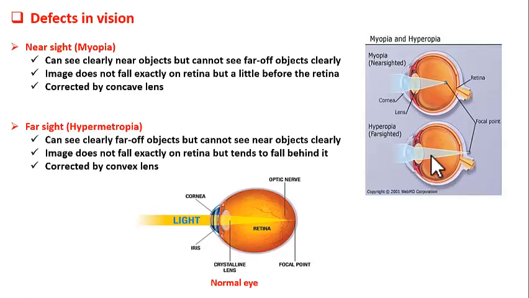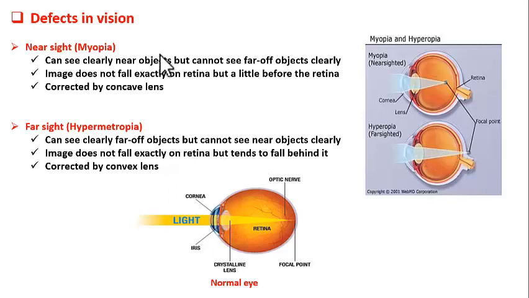This is because of the defective eye lens again, and here the defect is the more focal length of the lens than the required. In myopia the focal length is less, here the focal length is more than required. This condition can be corrected by putting a convex lens. So doctor will give convex lens in your spectacles, and that will correct this situation and put the focal length exactly at the retinal point.